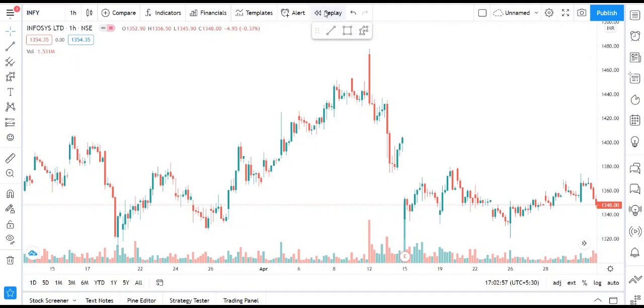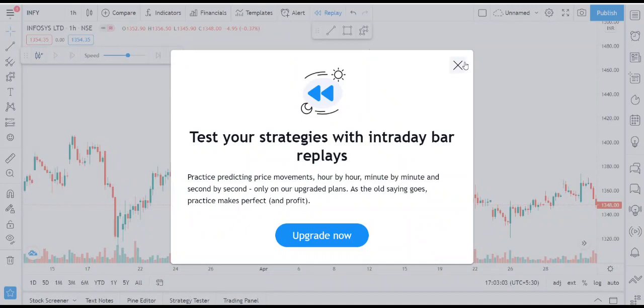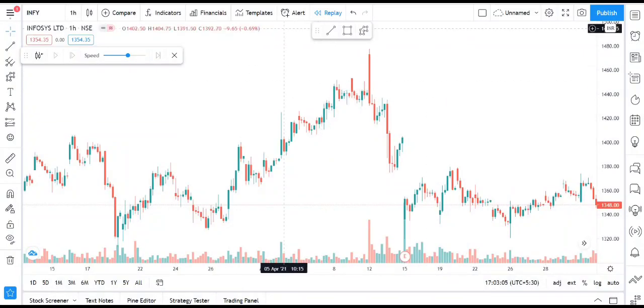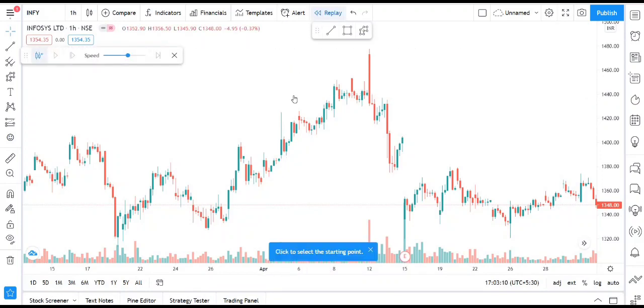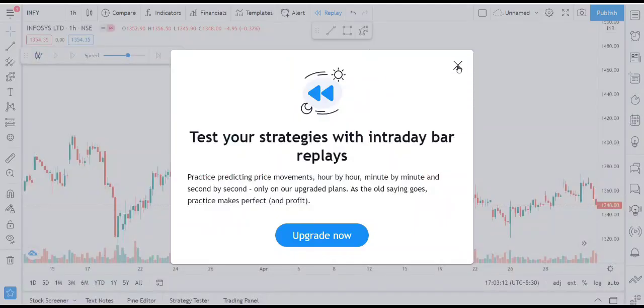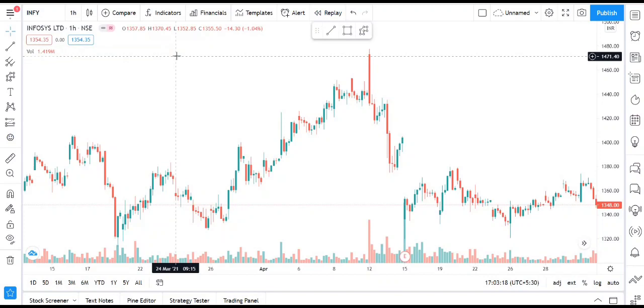Okay, so now this is a replay button. If you are testing any strategy, you can click it, and I'll mark it here. Now this feature is also available for premium only, I think. Yeah, this feature is available for premium people, or maybe I'm using something else. This happens sometimes when we are not using the premium version: something is available for some time and some things are available for another period of time.